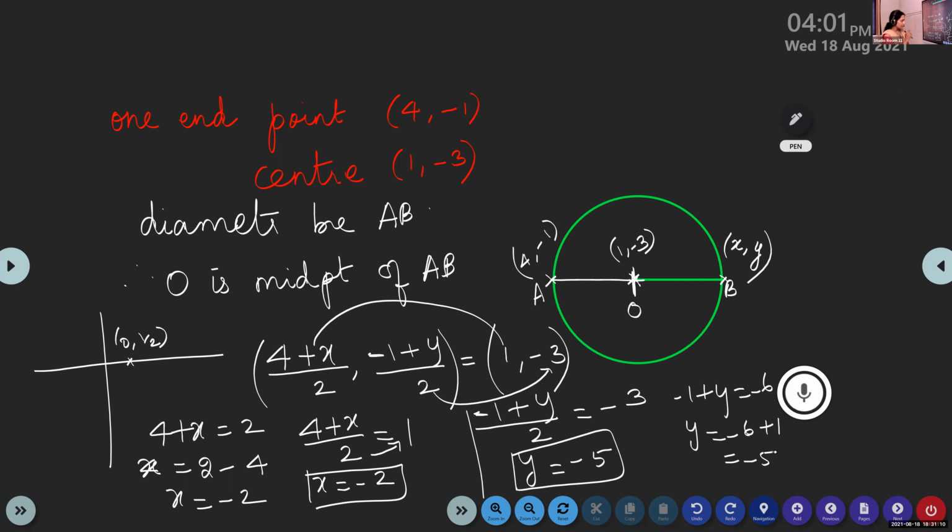You will not get a fraction in this question, but fractions are allowed. When we plot a point, fractions are allowed, but in this particular question we will not get one. Is it okay? Check your answer. Yes, ma'am, there was a calculation mistake. Okay, these are all simple questions. Check it, do it carefully.